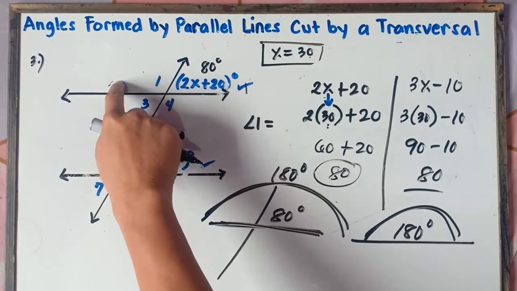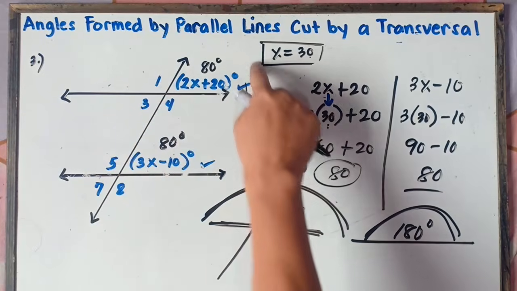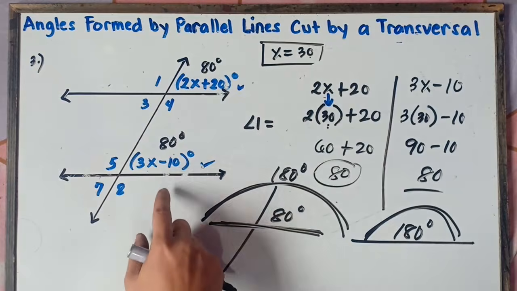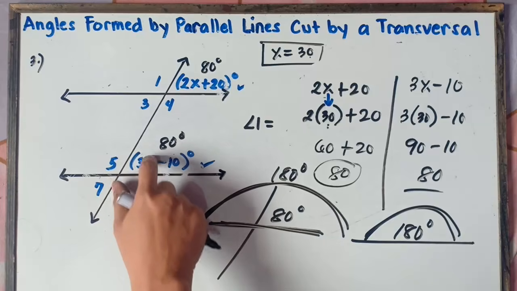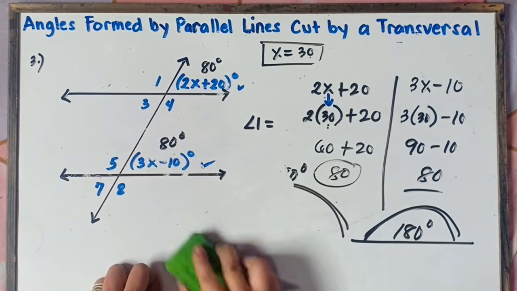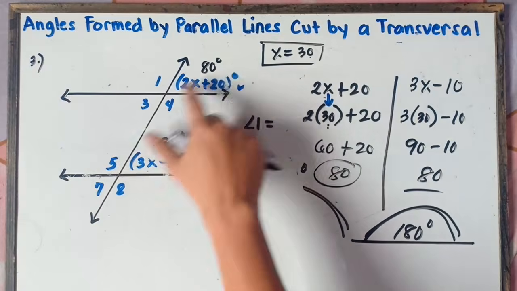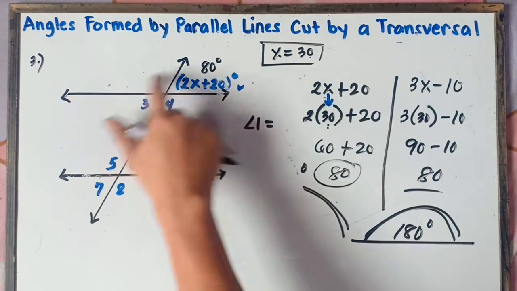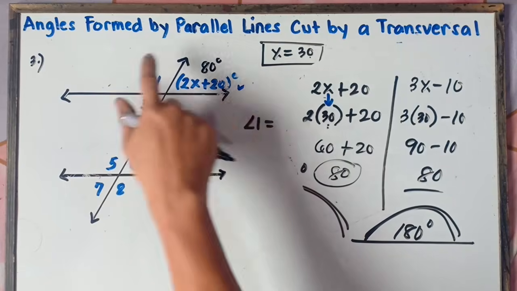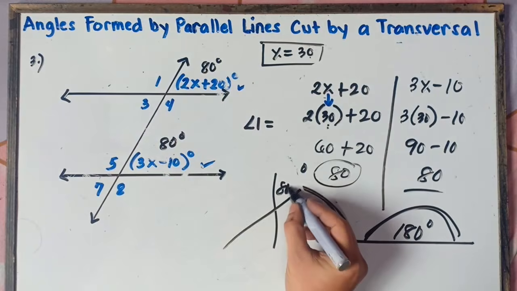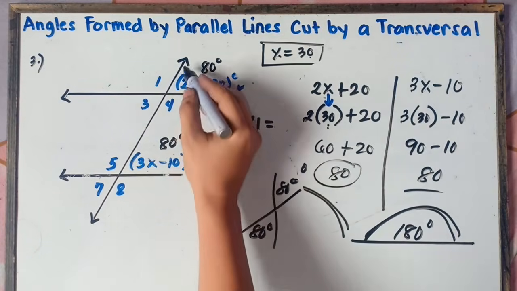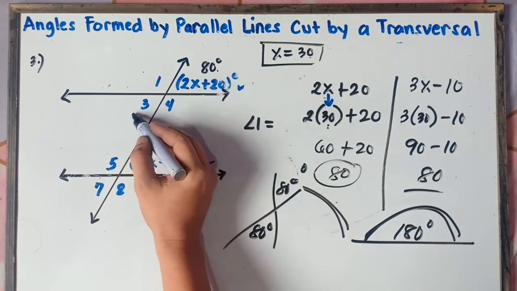If you're confused with this one, class, once again, this is 100 degrees. But if you're confused, you can recall, class, alternate interior angles. Alternate interior angles, class, are always congruent. So for me, class, I would answer this one using vertical angles and then linear pair. Straight line: 100, 80, 80. Vertical angles plus letter X. If this is 80, this is also 80 degrees. It forms letter X.